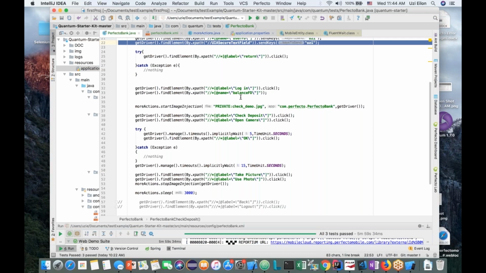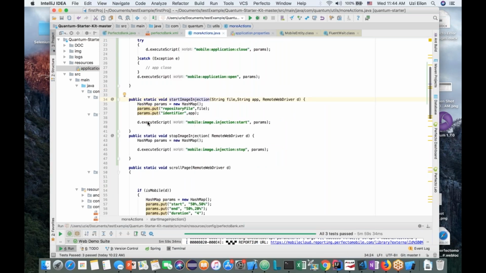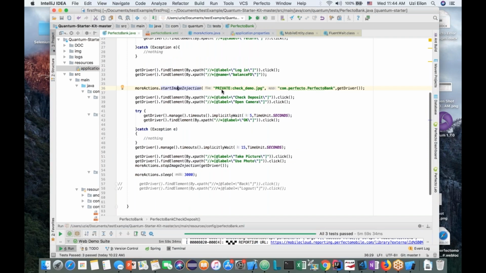And then I'm logging into the application, and here I do something. I'm starting the image injection command. This is a proprietary command of Perfecto Mobile. You can see it's actually part of my standard Appium. All I need to do is provide the driver, the remote web driver, to the command itself. If you want to see how we implement that, we are running a standard Appium execute script with a command that's proprietary to Perfecto Mobile. So your standard script will continue to work. You don't need to install anything on your side. Everything will keep working. And then I'm continuing with the check deposit scenario, and at the end, I actually stop